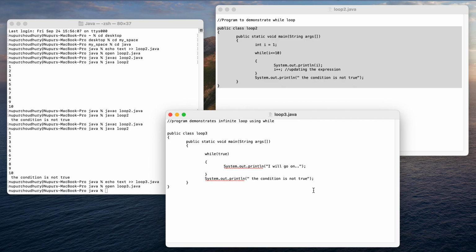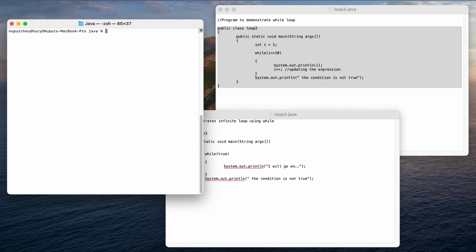So let me save this, and after that, let me first clear this, clear, okay. Now javac loop3.java, okay. So okay, there is a problem here.